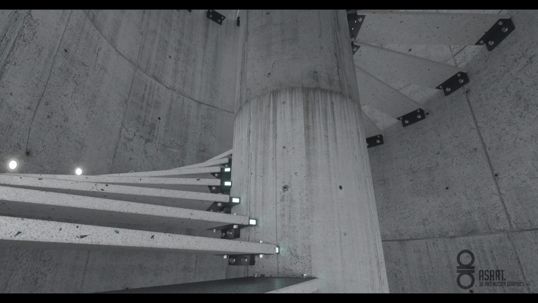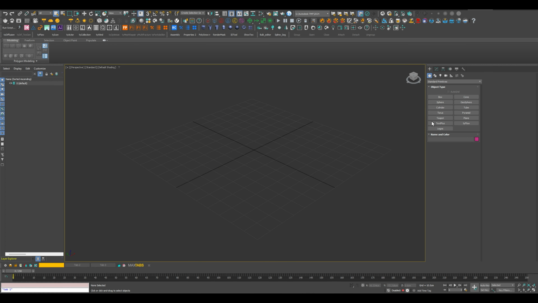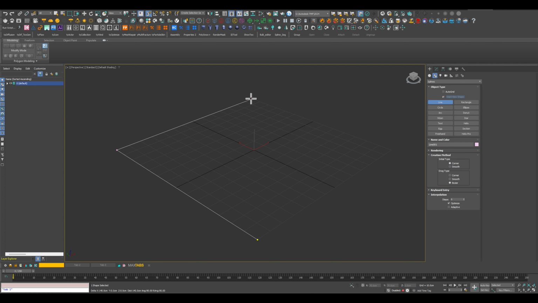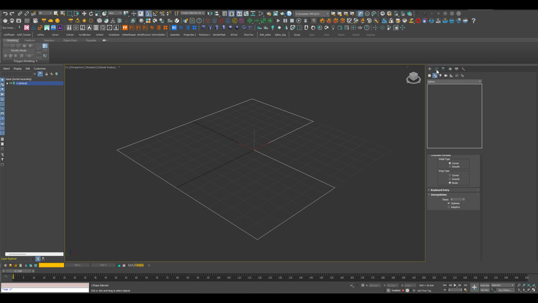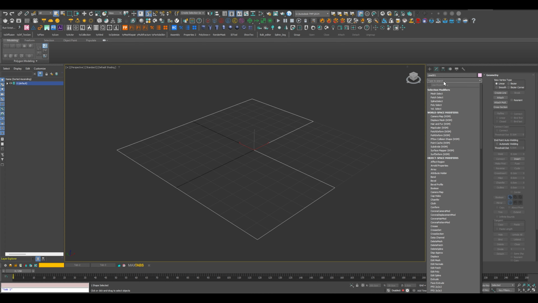In this tutorial, I would like to show you an easy way to create some sloped or pitched roofs for your buildings. For this, we just need the base of our building or just the base shape. And I'm going to create just a shape like this. And after that, we can go to modifier stack and search for